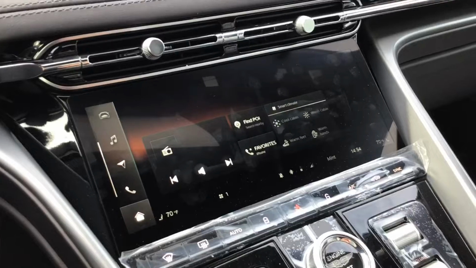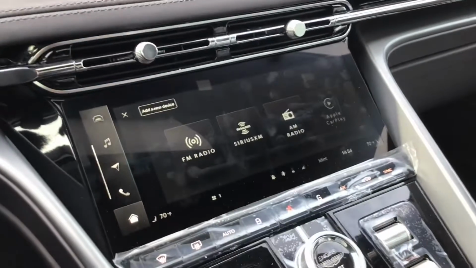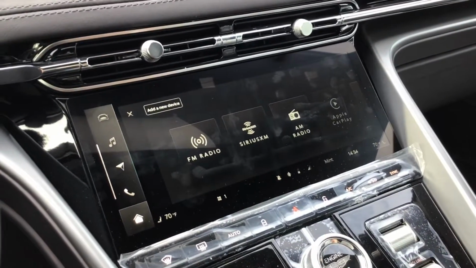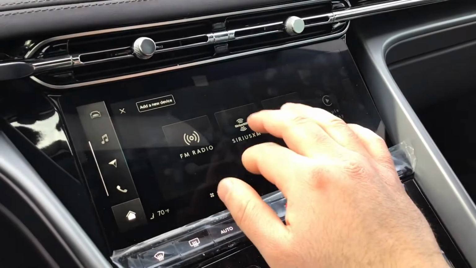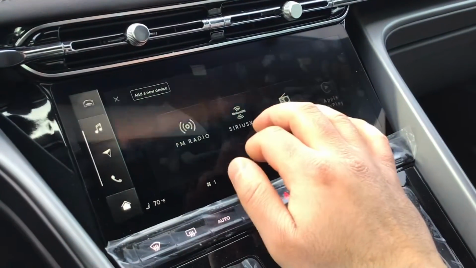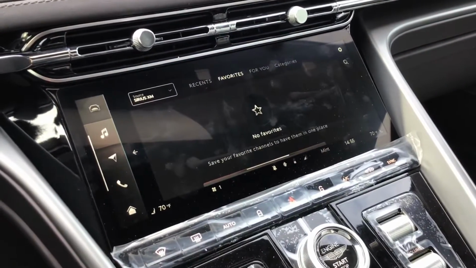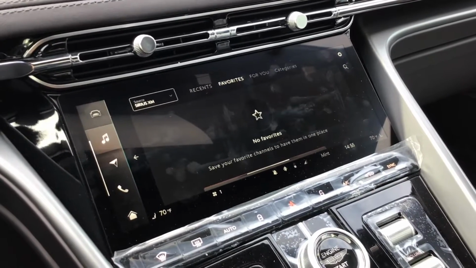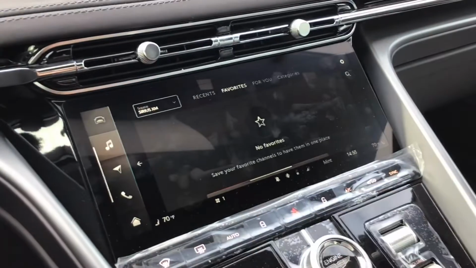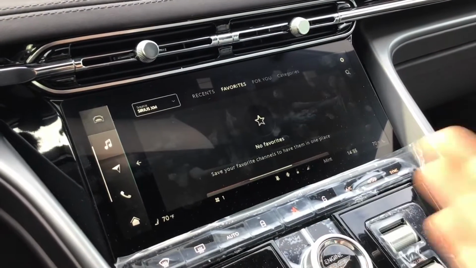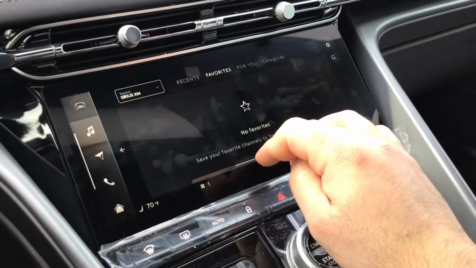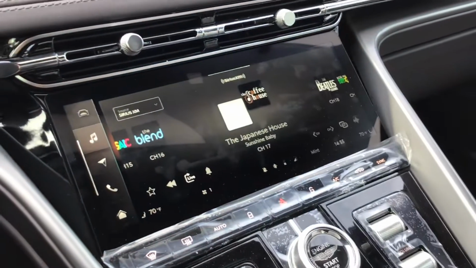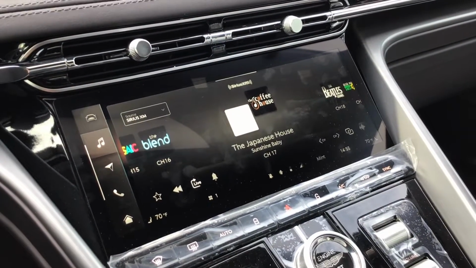If we click on any of our shortcuts, so if we click on our radio shortcut, it'll switch to what kind of media we want to use. So let's say we want to use Sirius XM. That'll start playing any Sirius XM stations that we have. If we don't have any favorites saved, like this one, which is blank there, you can just swipe up and maximize the Sirius XM station